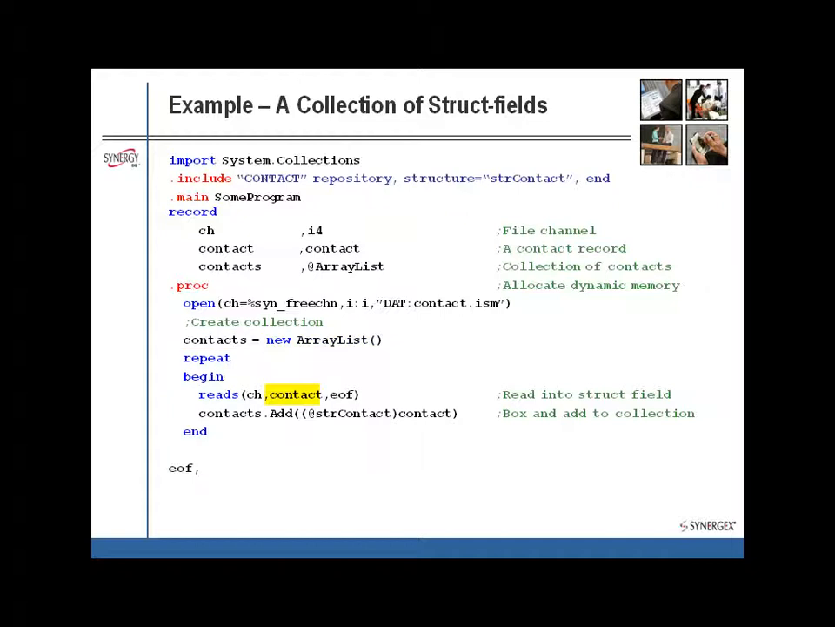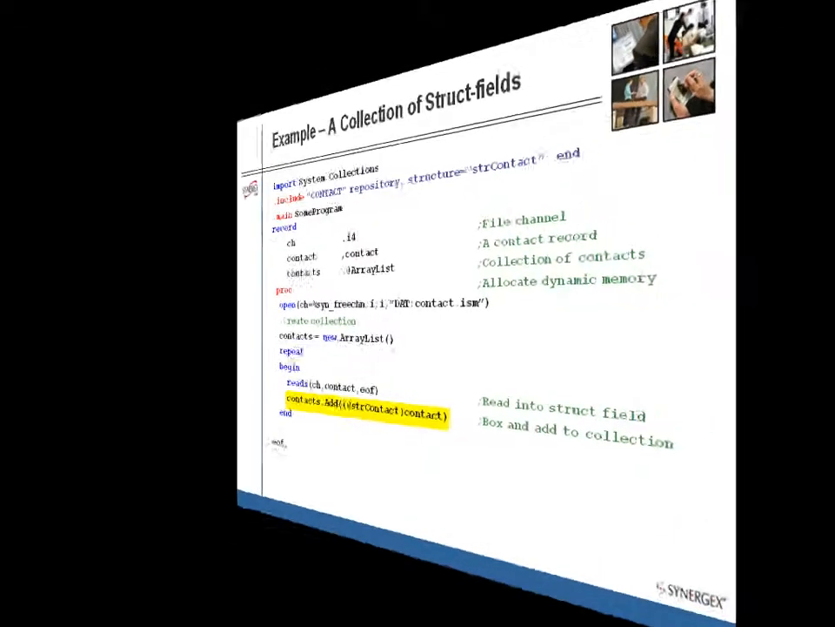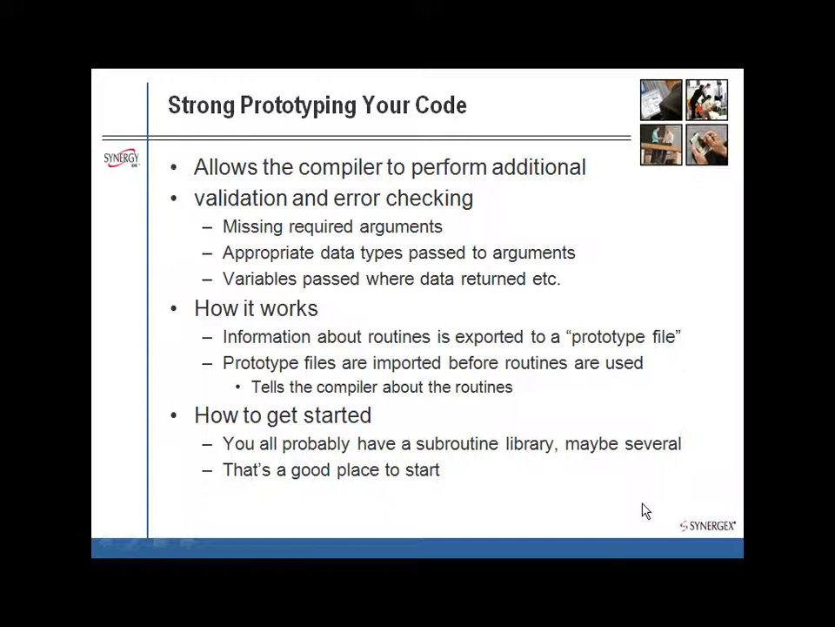Here you can see that we are sequentially reading records from a data file into the struct field contact. And here we are boxing the struct field into an object and then adding the object to the contacts collection. At the end of this loop, we will have all of the contact records from the data file in a collection, and we can then work with them as needed. As discussed earlier,